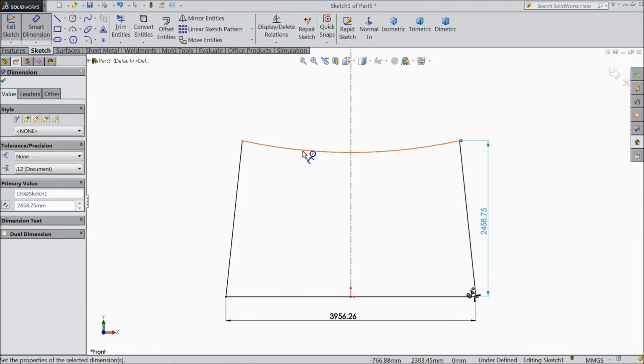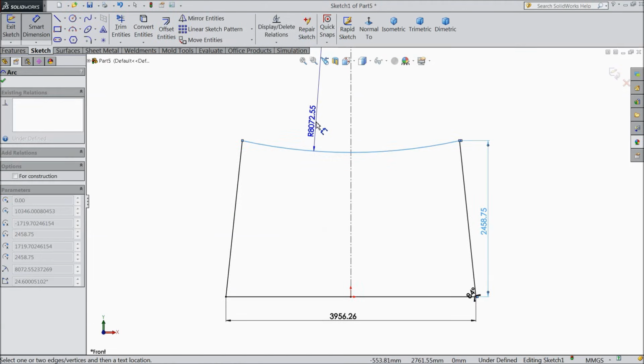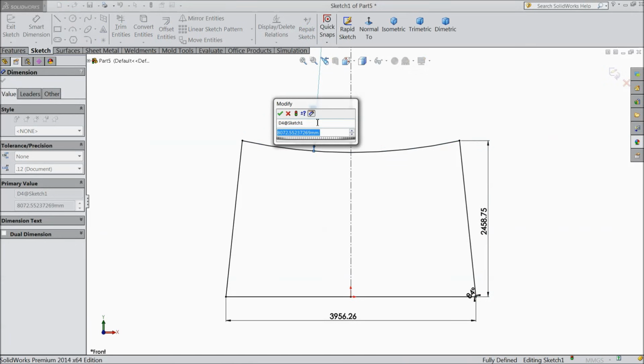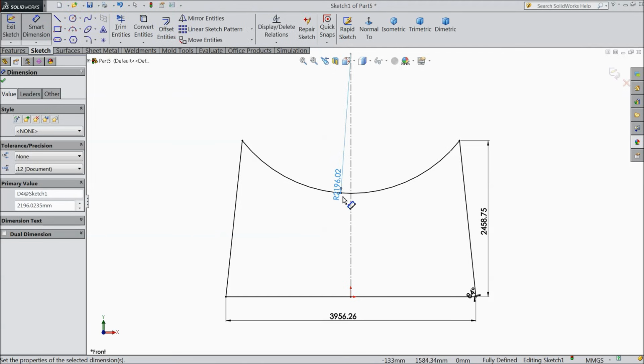Now this is going to be perfect. Now let's assign the radius, 2196.0235 mm. Select OK. Now our geometry is fully defined.